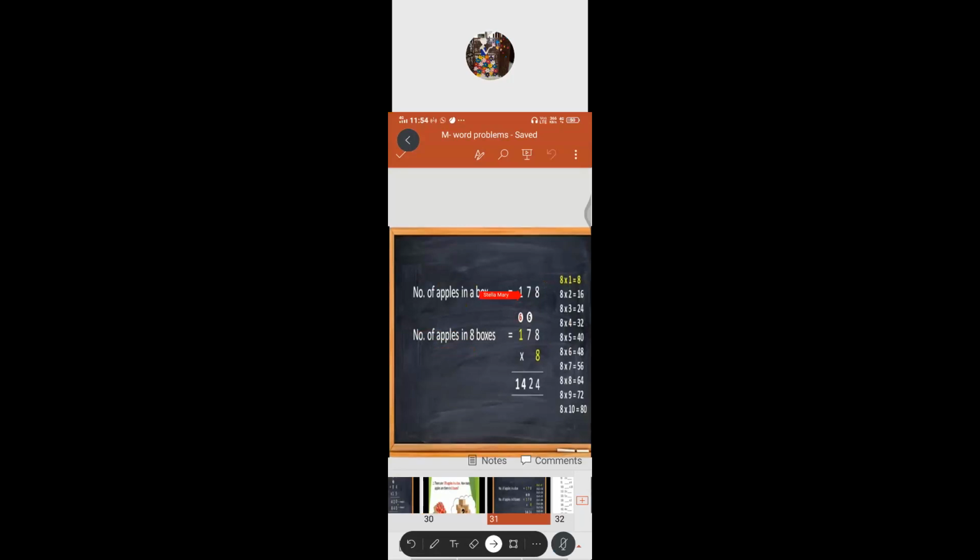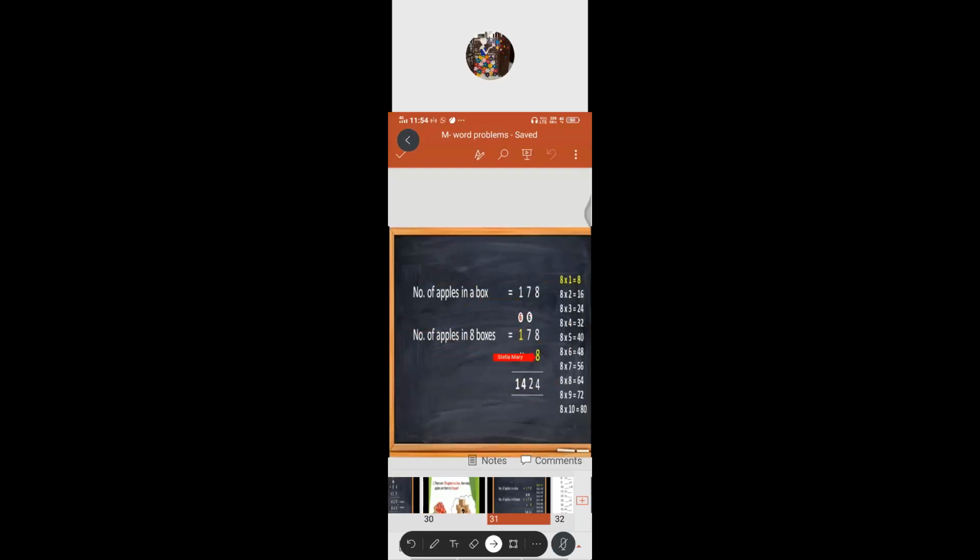So now we have to multiply 178 by 8. If you do that, there is no second step, because the multiplier is only one digit, isn't it? So within the first step itself, you can get the product of the given sum. 8 8s are 64, 4 comes down, 6 moves as a carry forward to the tens digit.